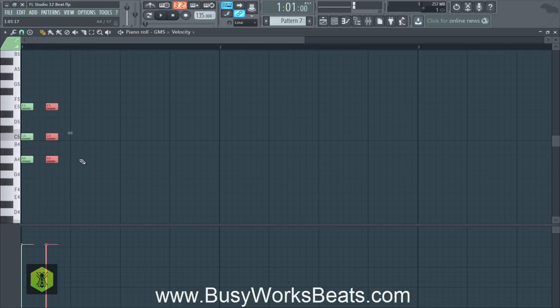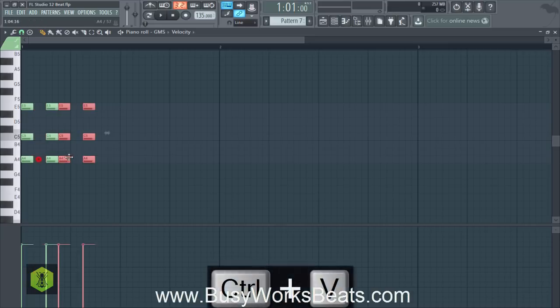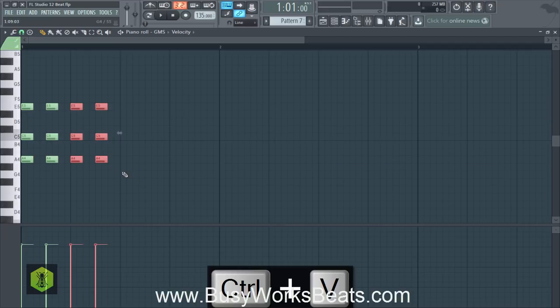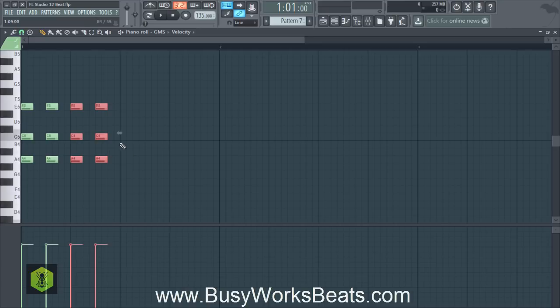Okay, so now we're starting to create a rhythm for our chords, which is going to be the meat of the chord. The chord's going to help us with the movement of the track and make it more interesting. So we're going to hit Control C again, Control V to copy and paste, and drag the chords over here. Now these chords may seem simple, but we're going to create variations in the chord, which are going to make this chord sound very interesting. And I'm going to show you how to change up the timing as well.